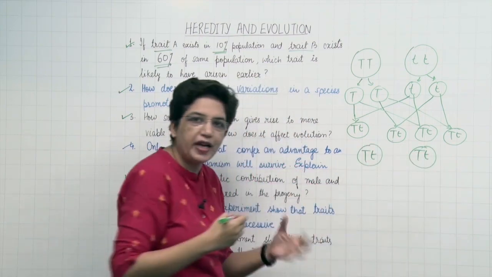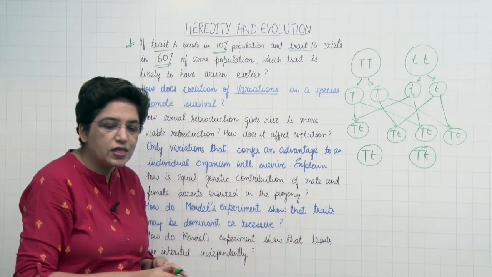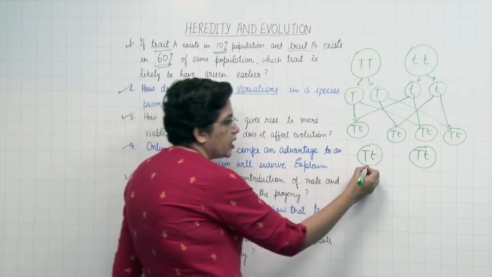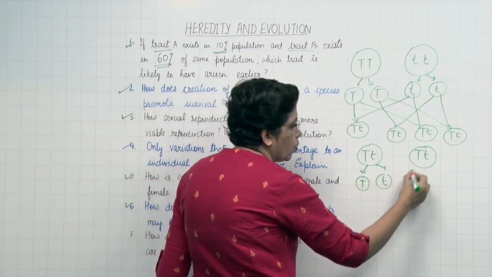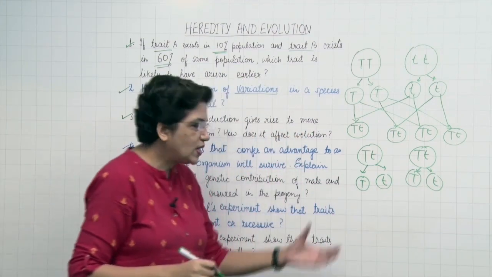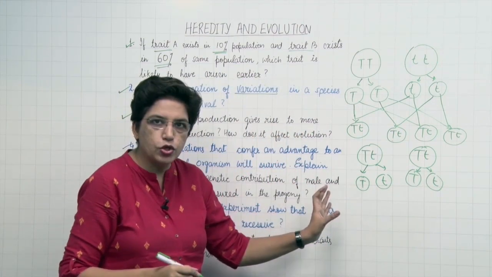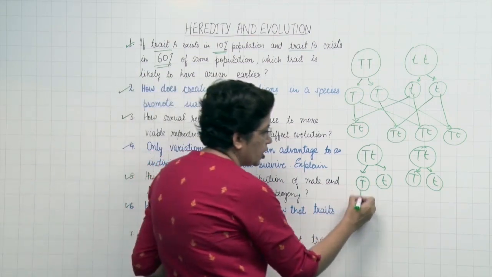Okay, and cross breeding was done among them. Now let's see how gametes will be formed. Now this will be a little different. The gametes will be one capital, one small letter. Once the gametes are formed, they will fuse together. So again we will get 4 different types of combination.